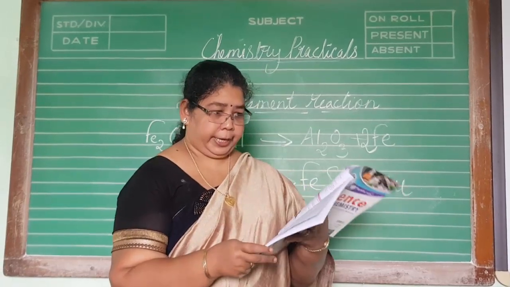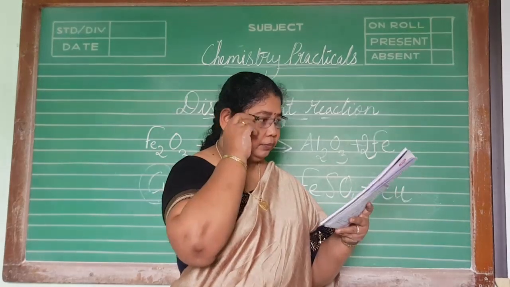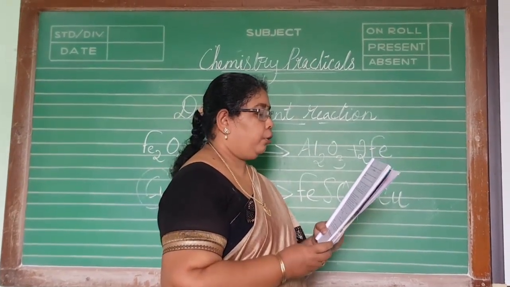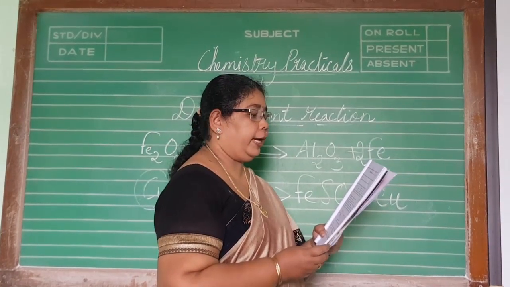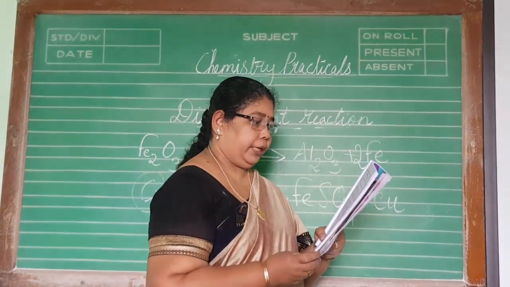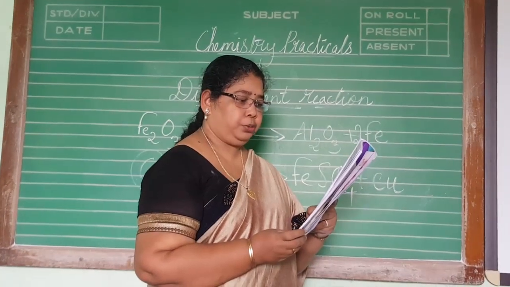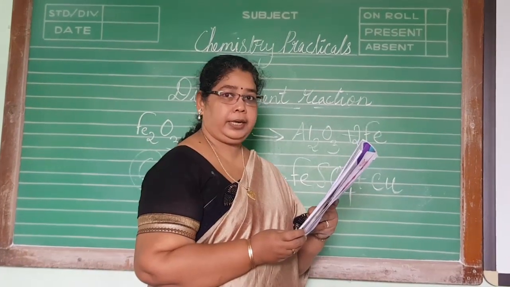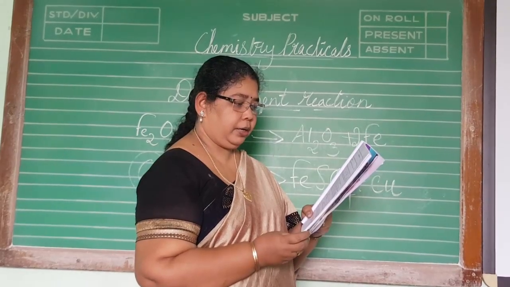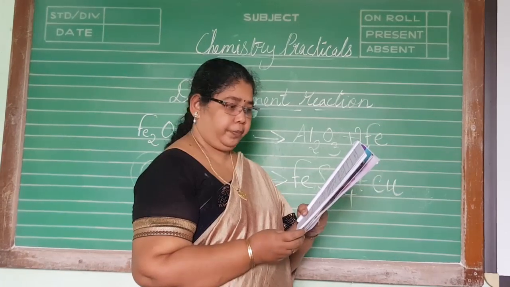Take page number 29. Page number 29. So aim of the experiment: performing and observing the reaction of iron nails kept in copper sulfate solution and classifying the reaction. Materials required: iron nail, copper sulfate solution, test tube stands, sandpaper and thread. And the chemical equation is, below that it is given: iron plus copper sulfate gives iron sulfate plus copper.